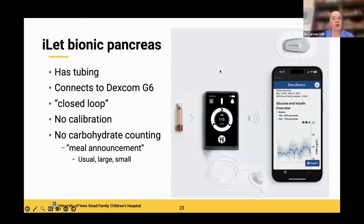I haven't prescribed this to anybody yet, so I've only seen this used in the context of studies, but the data from the studies look really nice. So we're very excited about the future. And all of the companies that make these devices are working towards this sort of closed loop, where the idea is to really remove the burden of diabetes from people